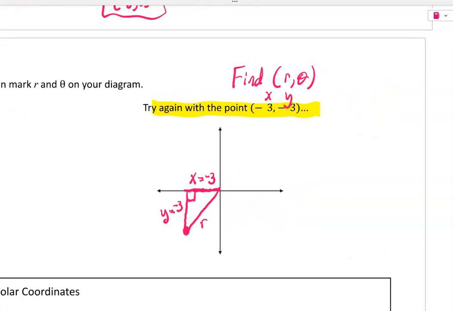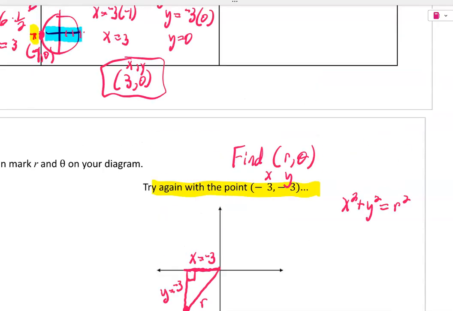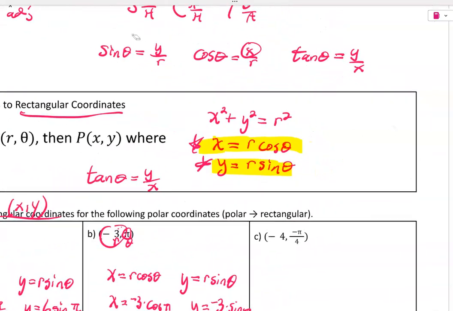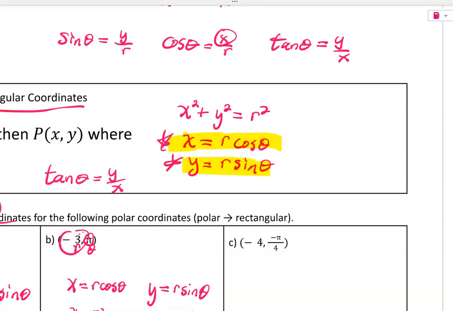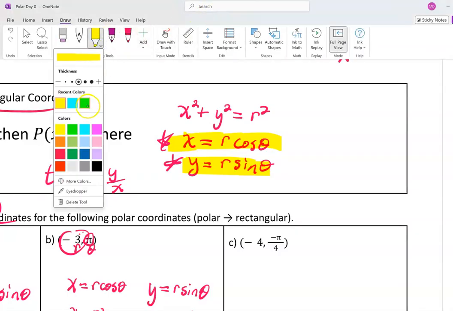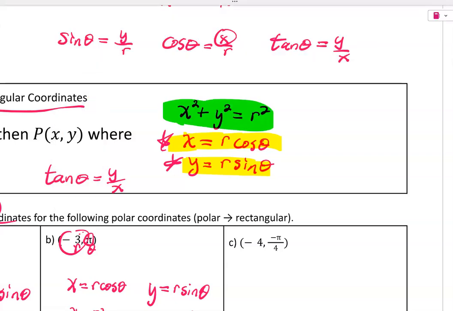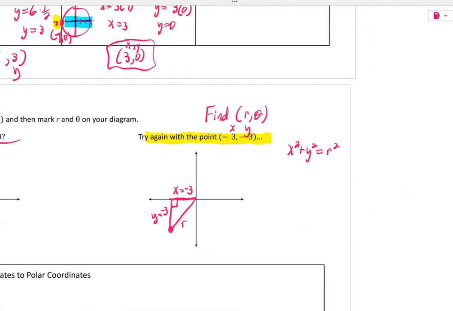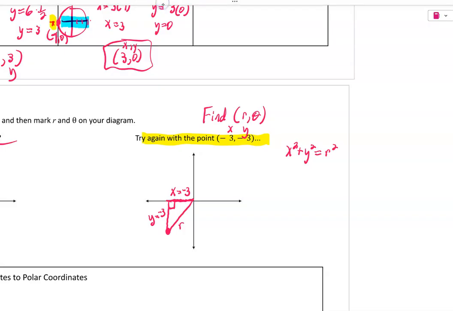Well, if you look in that box that we had on the previous page, there were 2 other formulas that we didn't use so much. When we're going between the 2 systems, we can just as well say, hey, you know what? We also have the Pythagorean theorem. We're also going to have this guy that we haven't used. We're going to come back to him in just a minute. But take a look at this. This hopefully won't take you too long. We're going to say, hey,